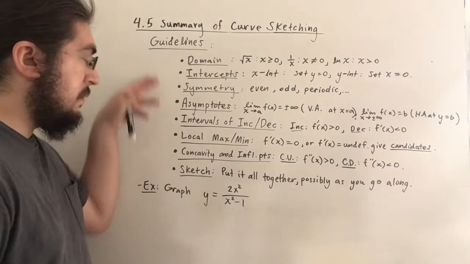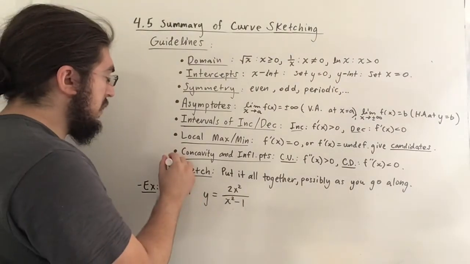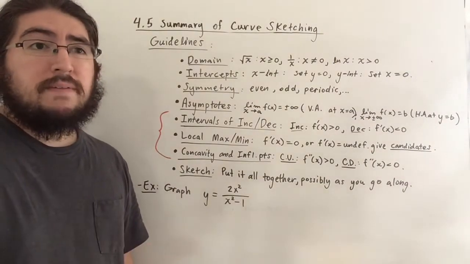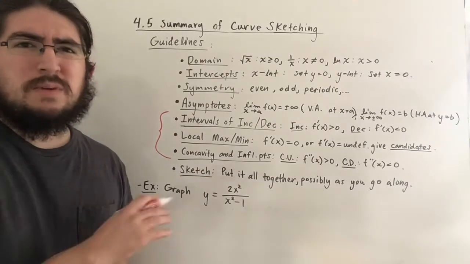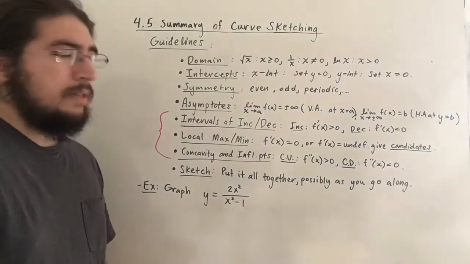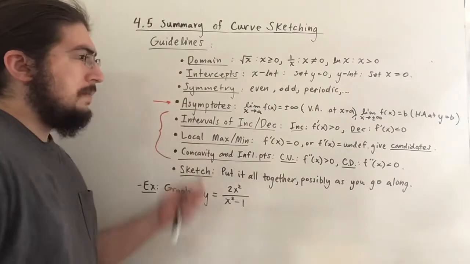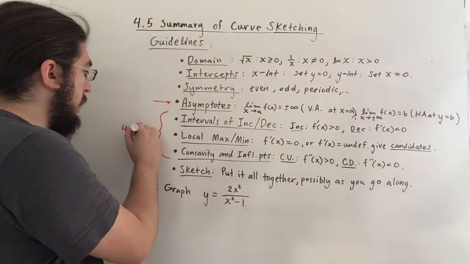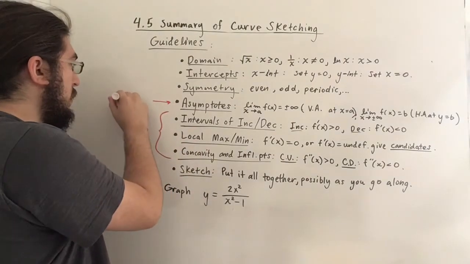Now let me say here I give some guidelines of about 8 items here. But really these three are where we actually start to see usage of items from 4.1 and 4.3 specifically. 4.2, the mean value theorem, isn't really used for curve sketching too much. Maybe there's a way of implementing that, but we're not really going to. 4.4 really comes into play when you consider asymptotes, because asymptotes are where you discuss limits. So here let me just say this is 4.1, 4.3. This is where the actual calculus happens. And this is limits,